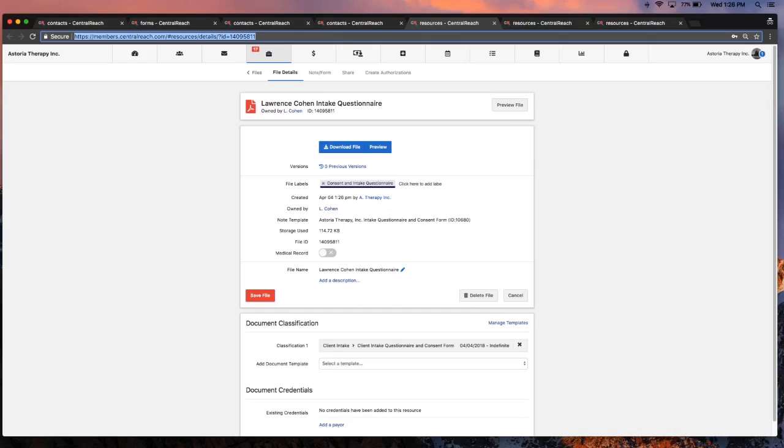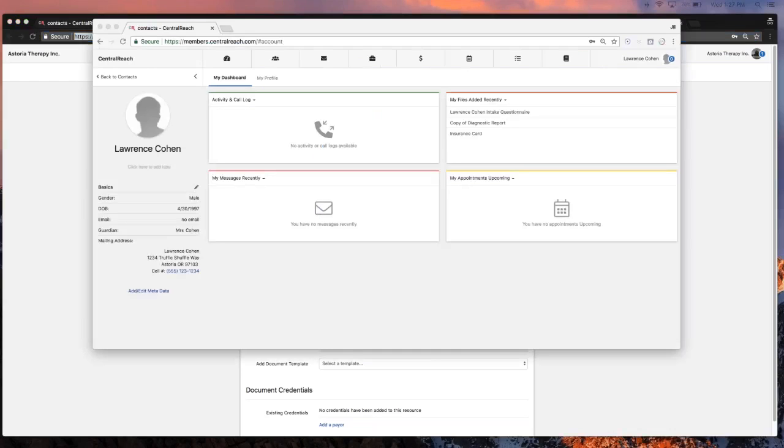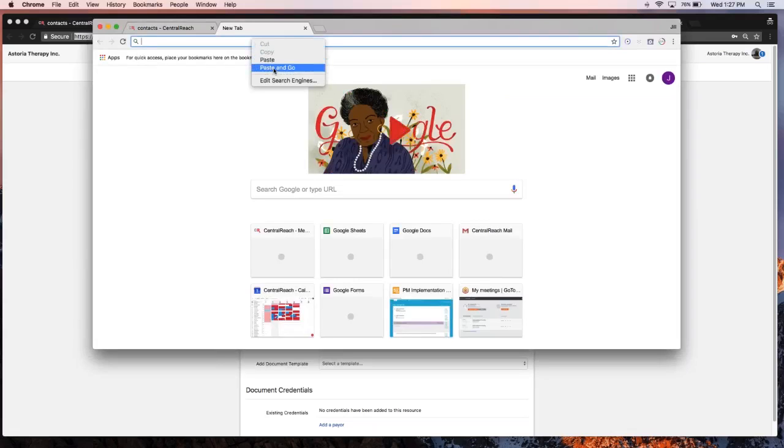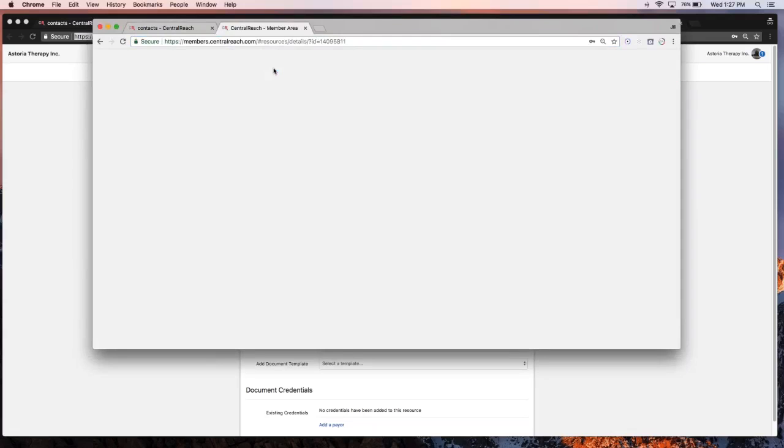So if you have it where a client automatically gets that notification, they may already be in the account. If not, you may have to send them a password and get them set up for the first time. Once they're logged in to their own personal account, I'm now logged in as if I'm the client. The link that I copied is specific